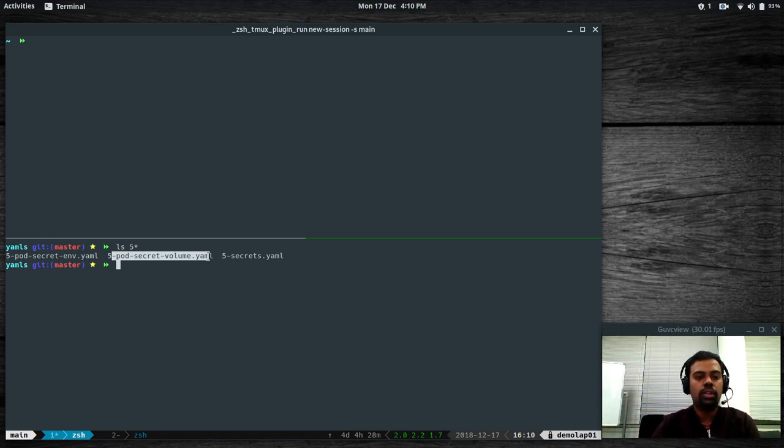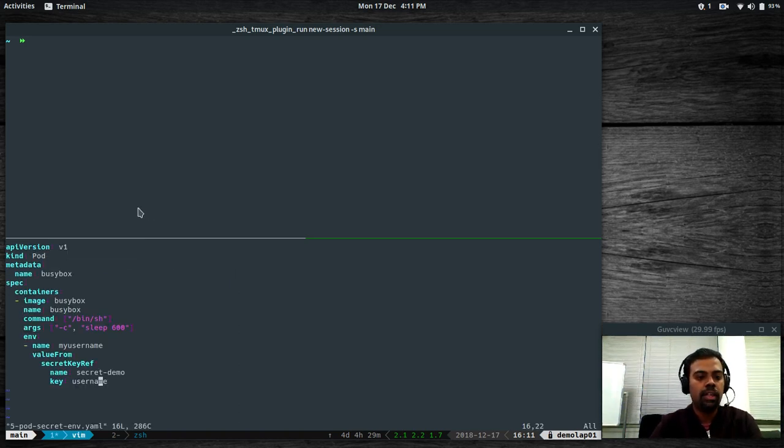So let's go with the environment type first. Let's have a look at what's in the environment YAML file. Basically I'm creating a pod, not a deployment set or a replica set. It's just a single pod. The name of the pod is going to be busybox. The container is busybox, the image name is busybox, and what I'm going to run is just a command to sleep for 600 seconds, 10 minutes. Because while it's sleeping for 10 minutes, I can show you how to log into the container and show how the environment variable